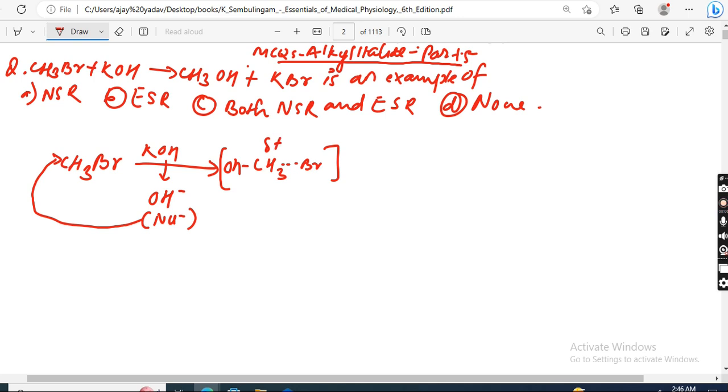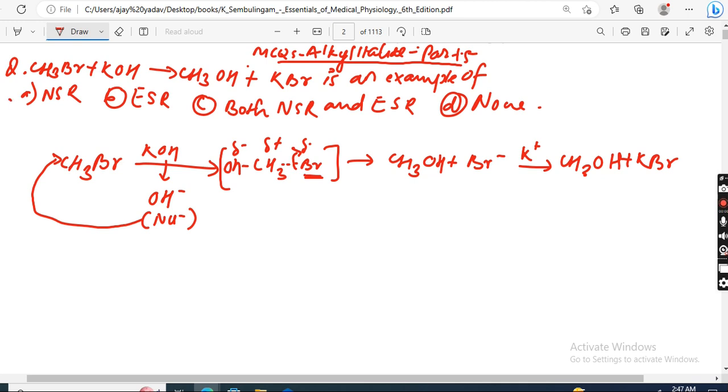This is your delta positive, this is your delta negative, this is your delta negative. Now this will form CH3OH plus Br minus, and this will be reacted with K plus to form CH3OH plus KBr. So look here, this is your nucleophile, right? This nucleophile attacks this CH3 from backside and replaces Br, right? Substitutes Br. So this is nucleophilic substitution reaction. Okay,